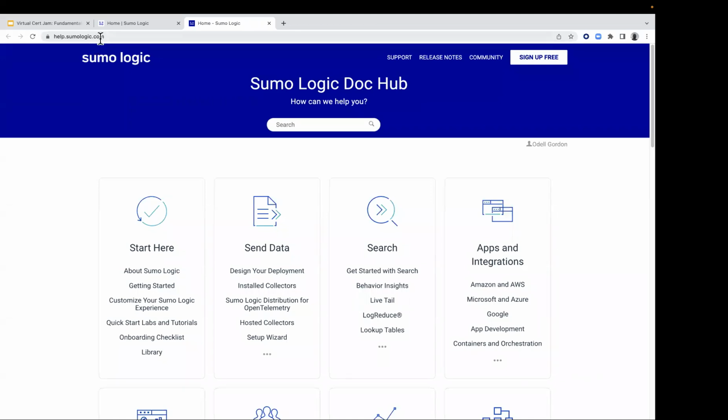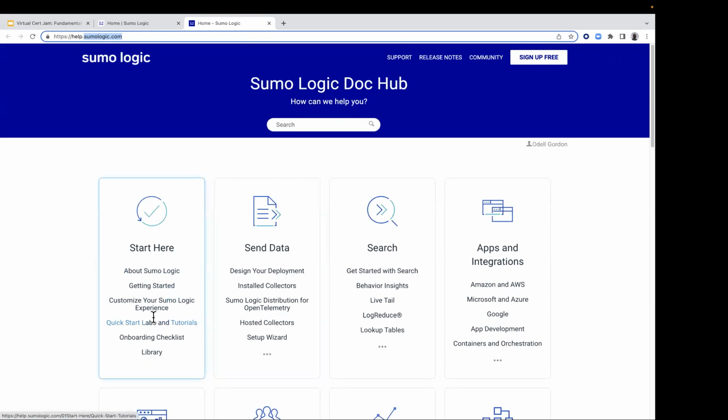Here's a hint, ladies and gentlemen. I would use this help resource, help.sumologic.com, all the time. I don't know everything in the tool. There's a lot of stuff, it's always changing. I have this as my number one source. I'm giving you that tip, and emphasizing it so you'll have this resource when it comes to taking the exam as well. Anyhow, once you type that in and click on it, you're going to click on